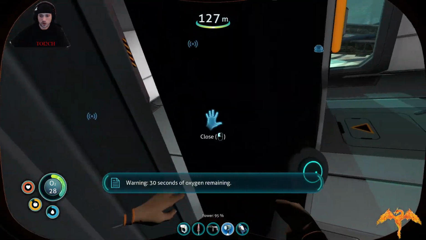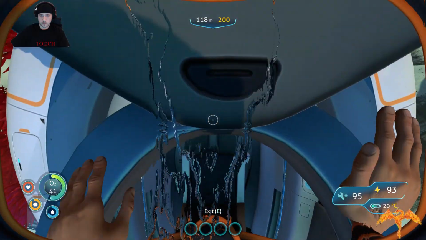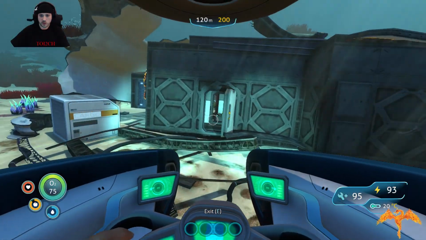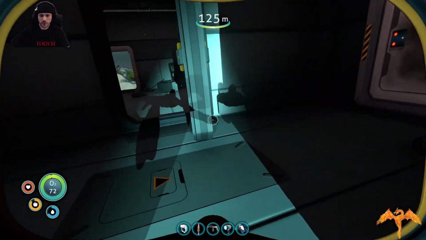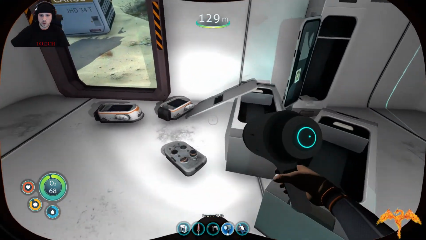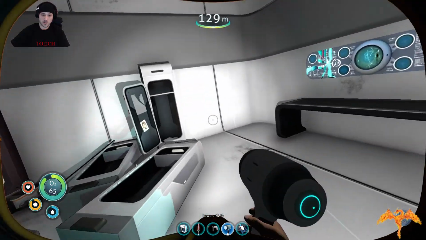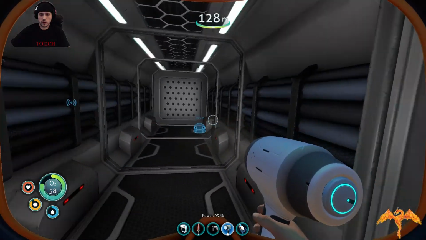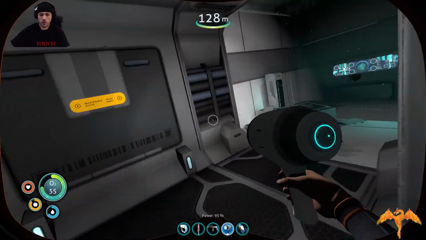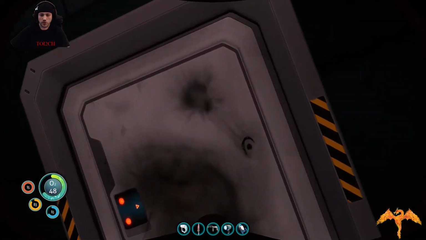More battery charger stuff. Get some more air and come back. And pull this a little closer. Damage it a little bit, but that's okay. So many battery charger fragments. We have that now. What does this go to? Nothing. Okay, let's start the laser on this door. I don't know if I'll finish it, but...